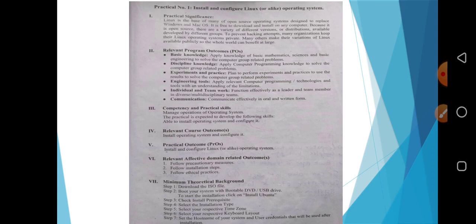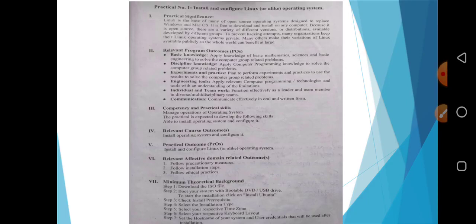Linux is one example of an operating system like Windows and Mac OS, but it's an open source operating system. Students, I think you have already heard about open source operating systems. Open source means the source code is freely available and you can freely download the operating system called Linux. And Linux is virus free, it's a more secure one. Therefore, many organizations are adopting the Linux operating system to prevent hacking attempts.